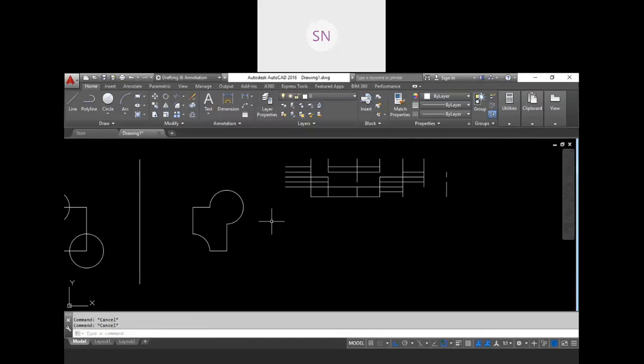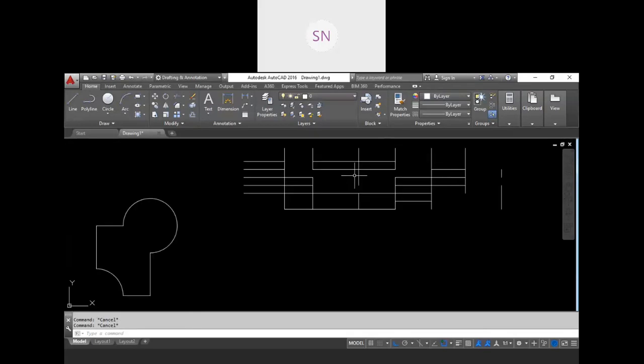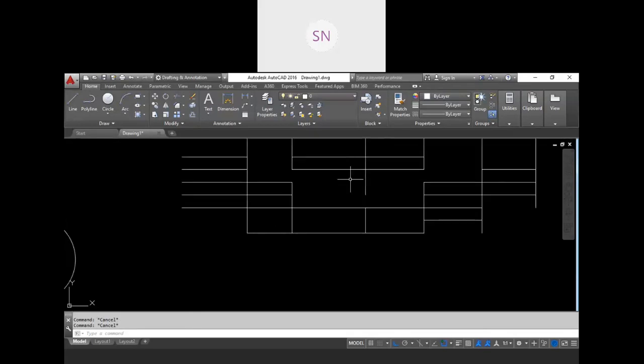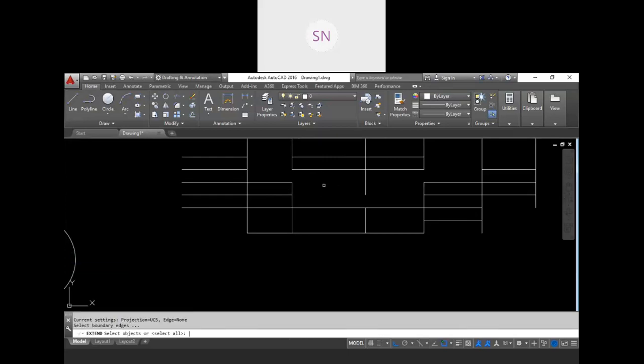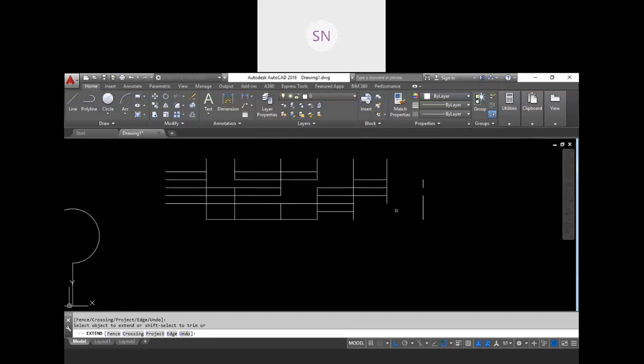And similarly, we have another tool that is extend, to reverse this thing. If you want to extend this line up to the next line, right? Type EX for extend, enter twice, and click on that line and it will be extended. Click on this line and it will be extended. If that target is visible on screen, then it will extend.